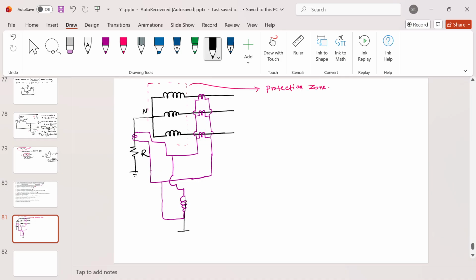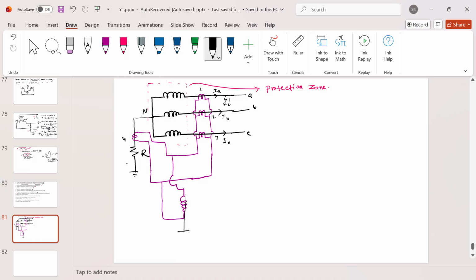Now the question is why there is a need for these four CTs. Let me call them CT1, CT2, CT3, and CT4. These are the current transformers. Now let's say you got a fault at this point, a fault location that does not come under the protection zone. In that case, what will happen? Let's say currents IA, IB, IC were flowing in A phase, B phase, and C phase. Now, the moment you got a fault,